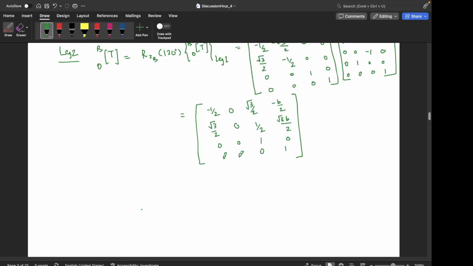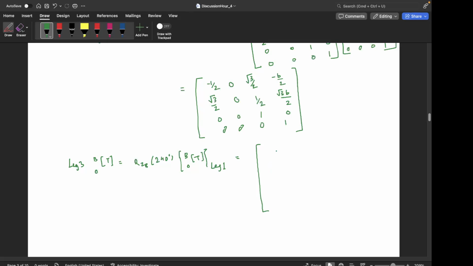And similarly for leg 3, it's the same process, exactly the same process, right? Just that we now have RZB with a rotation of 240 degrees, right? And the same thing, that is B0 T leg 1, right? And I will directly write the final matrix. So that would be, in this case,